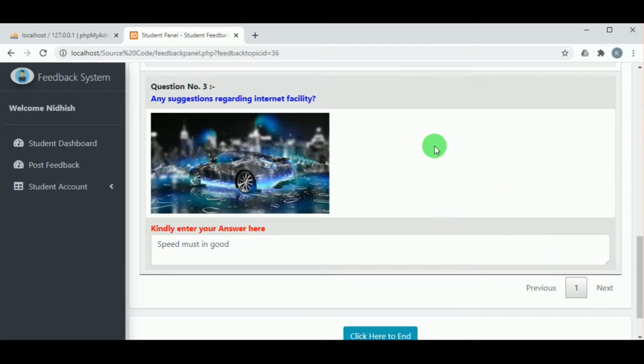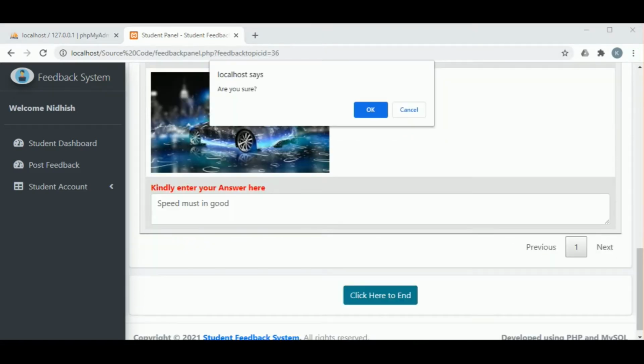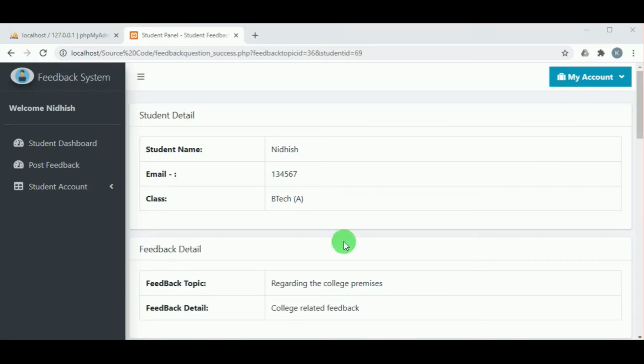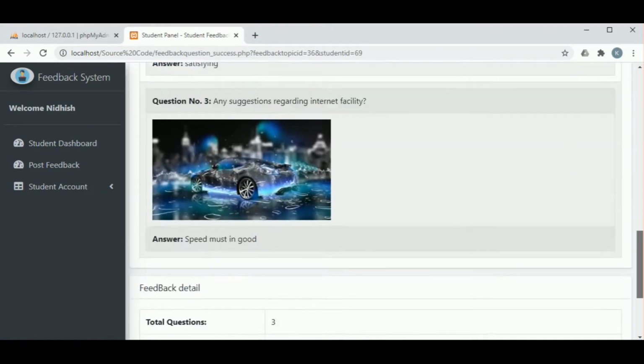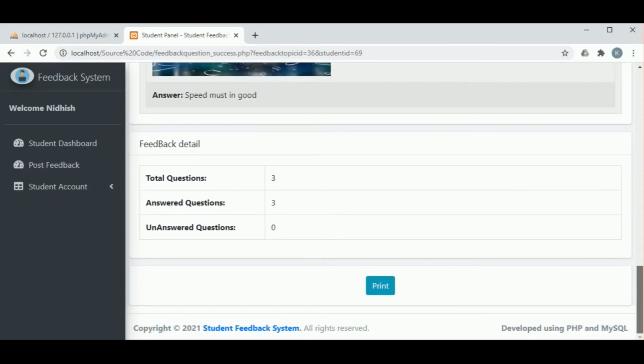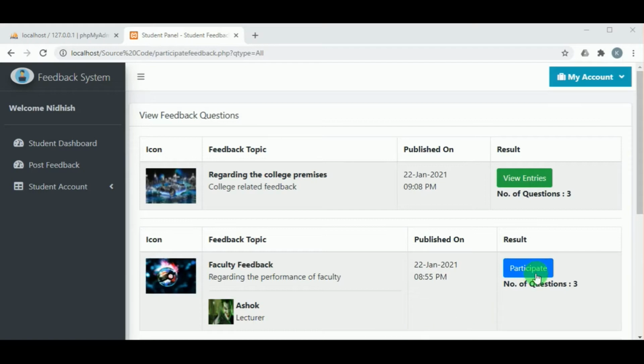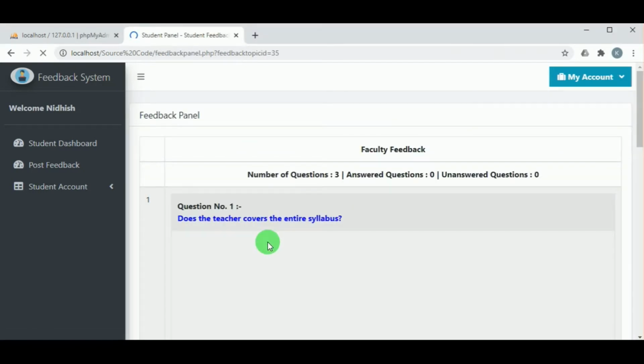Once all the questions have been answered, only then you can click to end, and your feedback will be reported to the admin. So you can view your report, you can view your result of your feedback. There is one more, let us attempt that also.